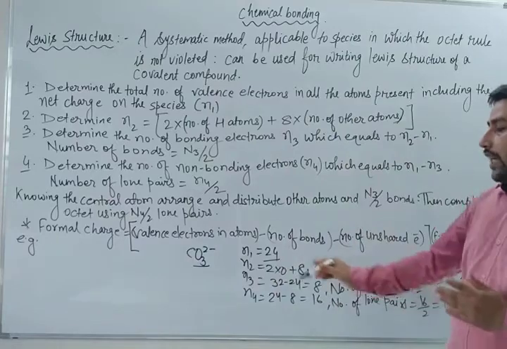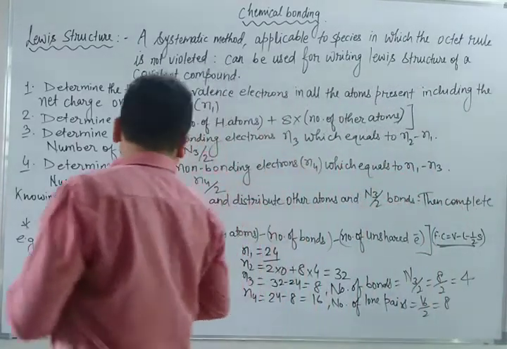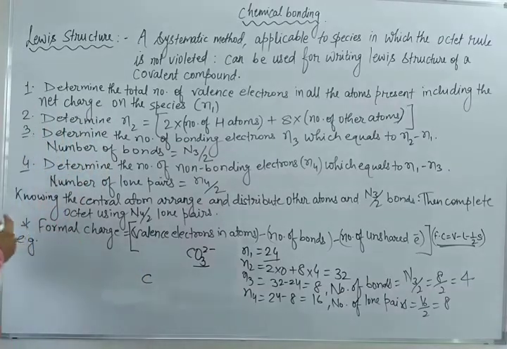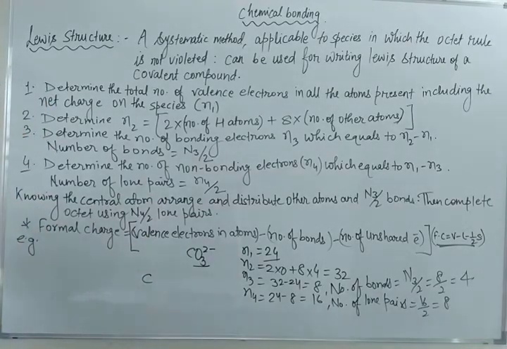So in this way, if I want to draw the carbonate structure, how will I draw? You can see here carbon. The central atom is carbon. Now how many bonds should be there? There should be 4 bonds. And how many oxygens are there? 3 oxygens. So just suppose how I will draw the diagram, right?